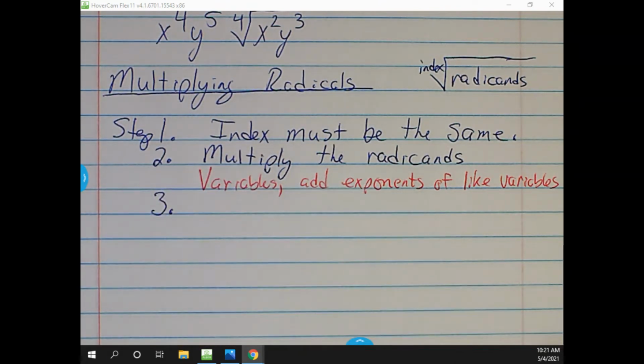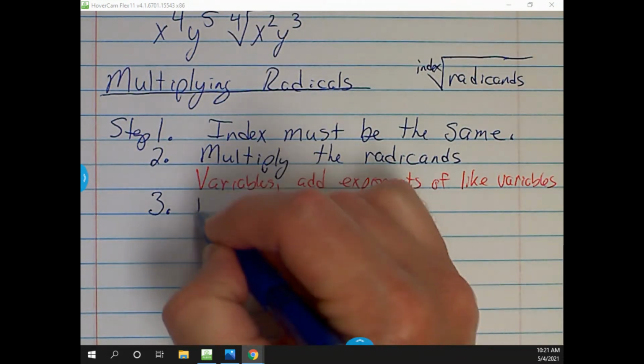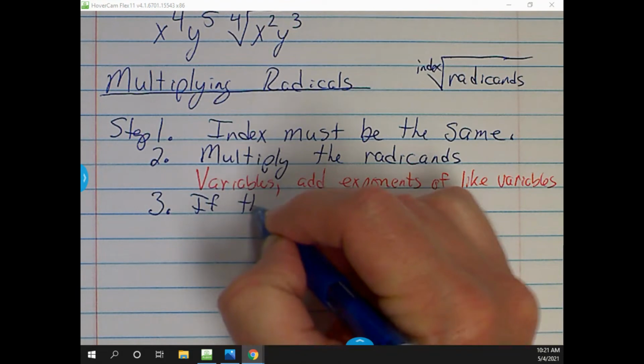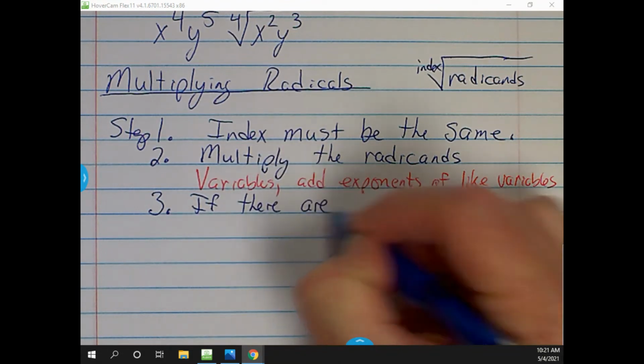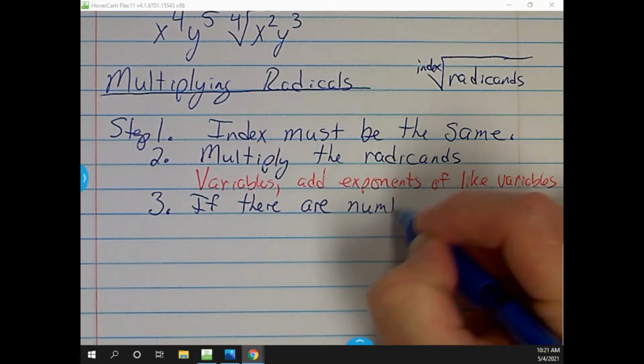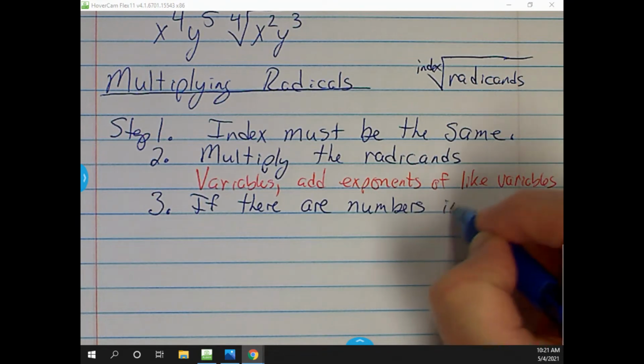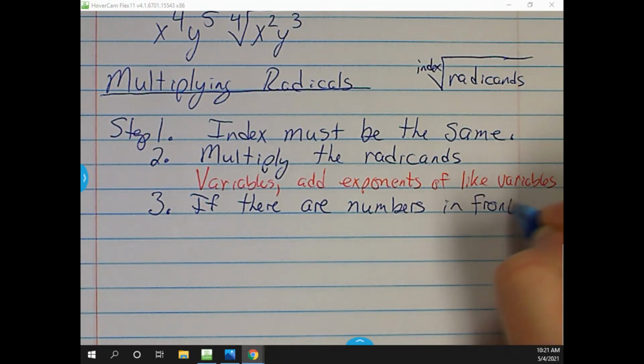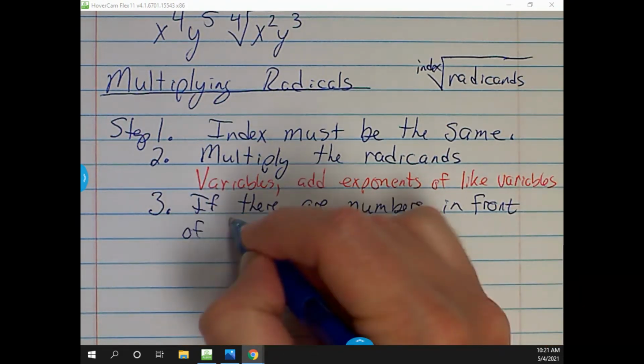All right, step 3, and you could almost make this like a 2a, but we'll go ahead and call it step 3 on this one. And I don't think this is going to happen very often. They'll sneak one in every now and again. But if there are numbers in front of the radicals,